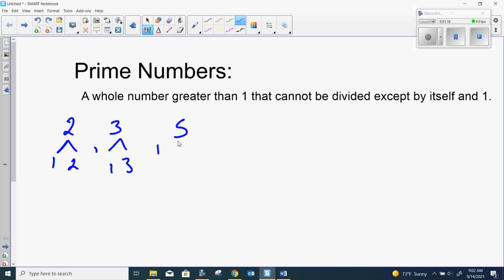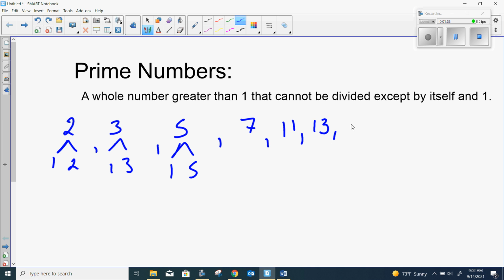Now to 5. 5 is a number that has factors of only 1 and 5. It cannot be broken down anymore. 6, yes, 1 and 6, but it also goes 2 and 3, so 6 is not a prime number. The next prime number is 7, and then we go to 11,